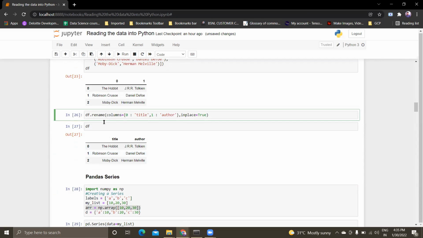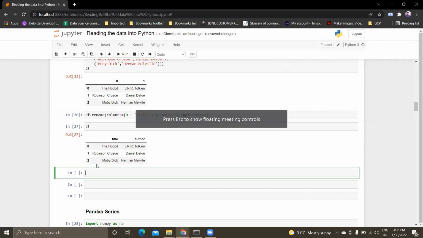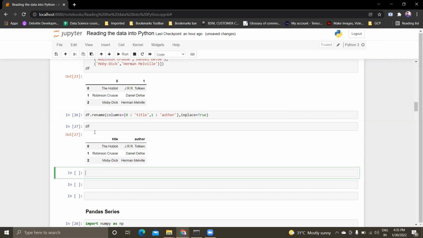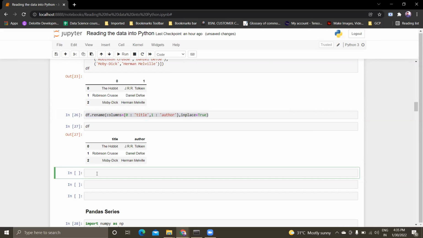So wherever you say df, you are assigning. So here, let's say df.rename. Just before that, let's copy that entire cell, and paste it there. Yeah, correct. Place it in this cell.